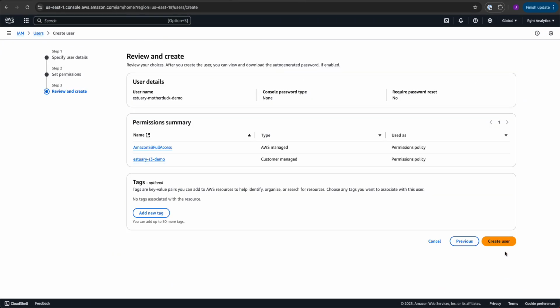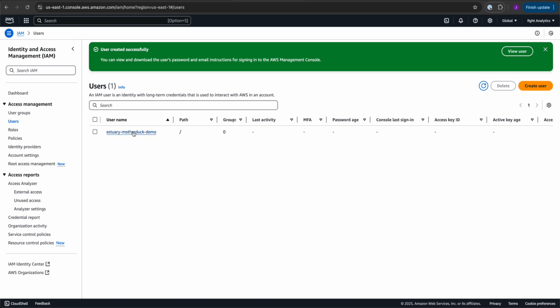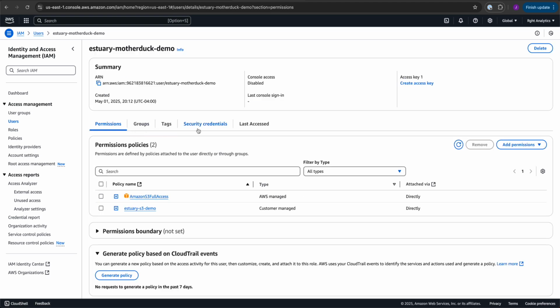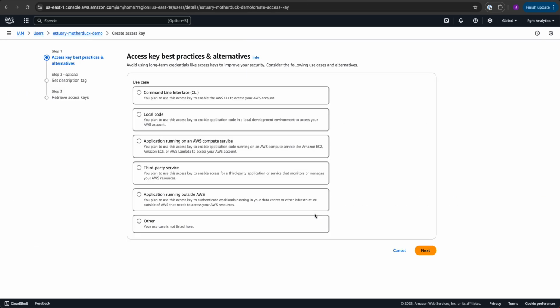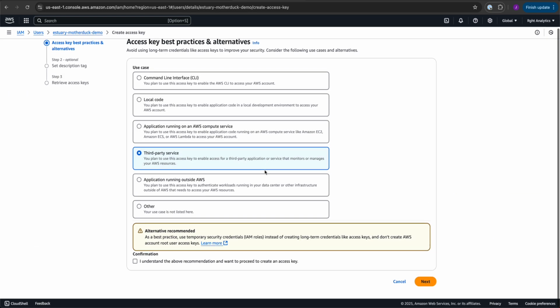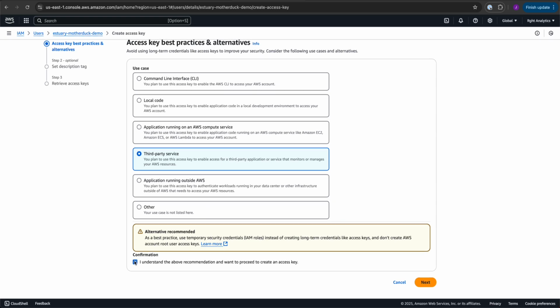Finally, within the IAM user you previously created, navigate to Access Keys and create a new access key. Select third-party service as the type of access key you would like to generate. AWS will alert you that using temporary security credentials instead of creating long-term credentials like access keys is more secure. You are free to do this, but for the sake of this demo, we will select the confirmation of this